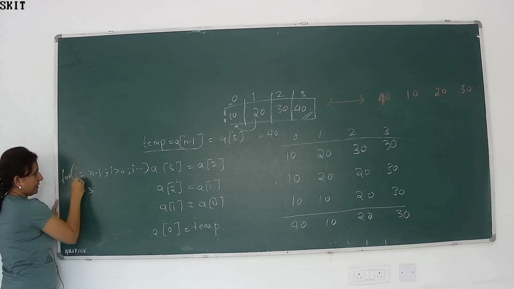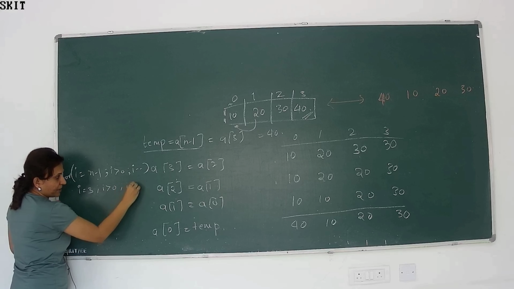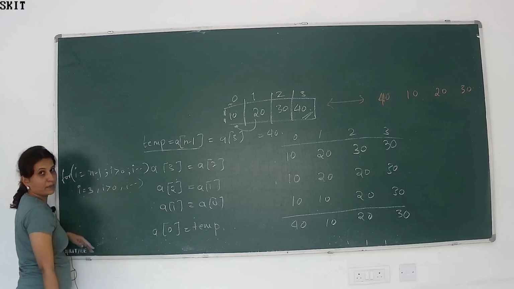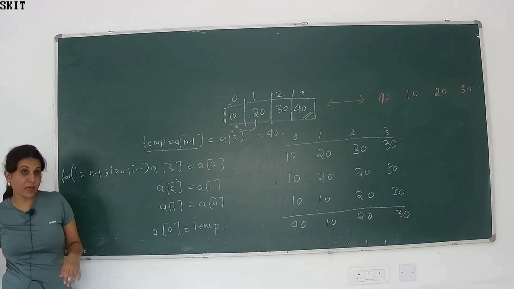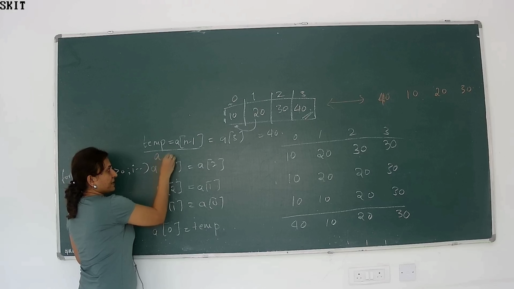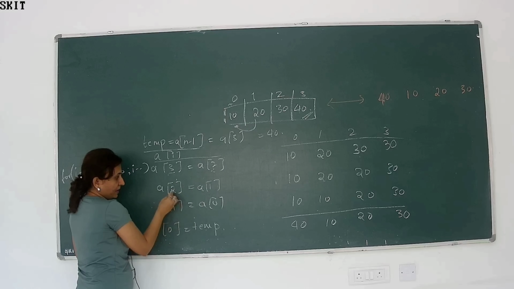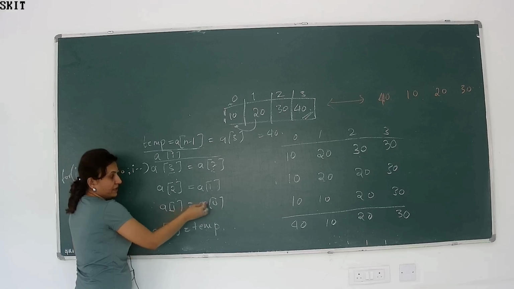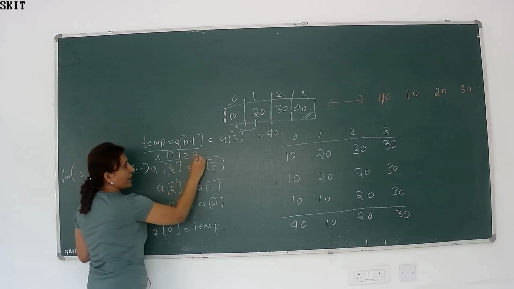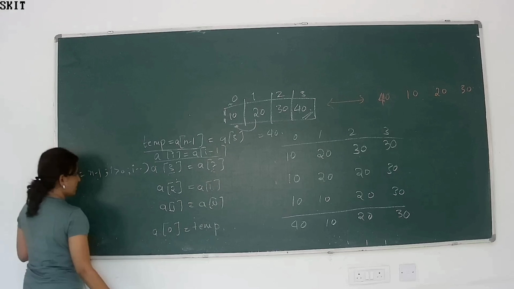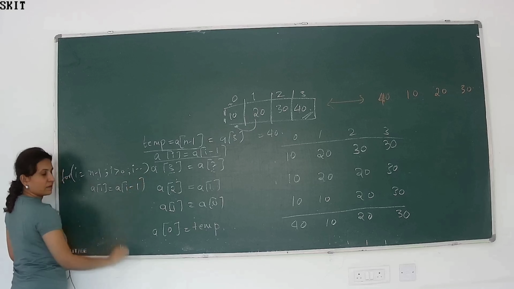First, your for loop will be I is equal to n minus 1, that is I is equal to 3, I is greater than 0, I minus minus. Means till this condition is true, you go on decrementing the value, which is proper. Now, what is happening inside the for loop? If this is a of I, observe what is this. If this is 3, this is 2. If this is 2, this is 1. If this is 1, this is 0. How much are you deducting? 1. So a of I will be equal to a of I minus 1.